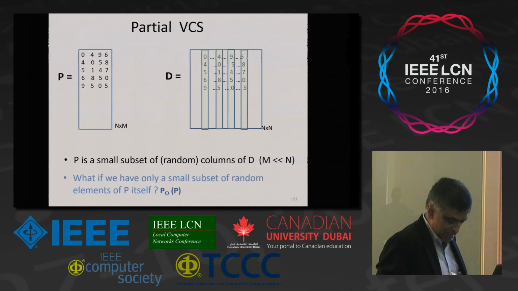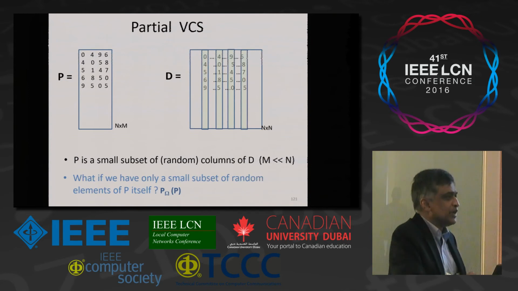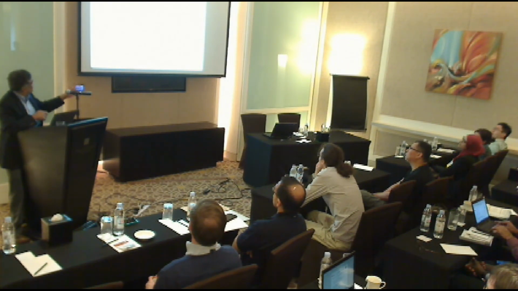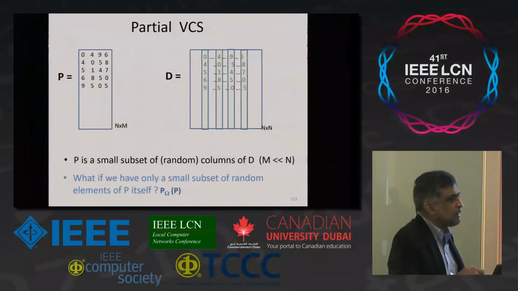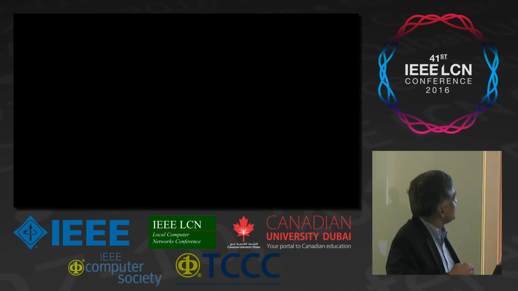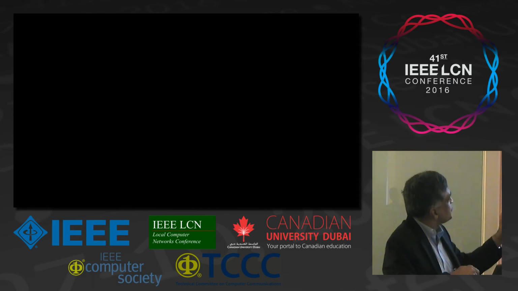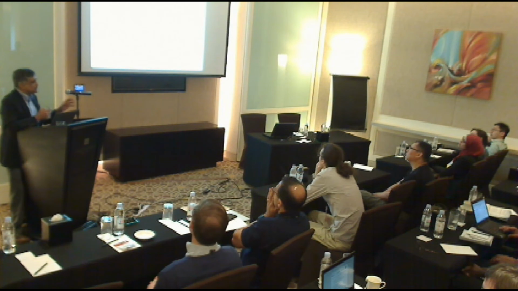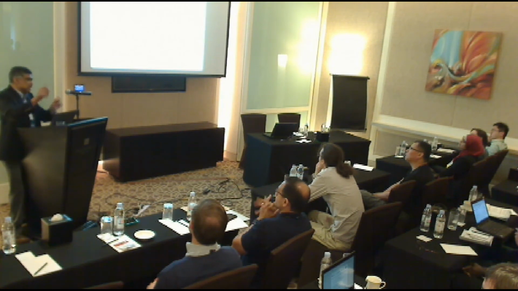So what does this mean? This essentially means that we don't have to start with virtual coordinates. We were very excited about this. For sensor networks, it gives you a method of obtaining topology preserving maps from a fraction of the information. But in a more general sense, for general graphs, you can recover the network geometry or layout and topology from a very small random subset of elements in the hop-based distance matrix of large-scale networks, right? In other words, you can generate your topology map using these random measurements.